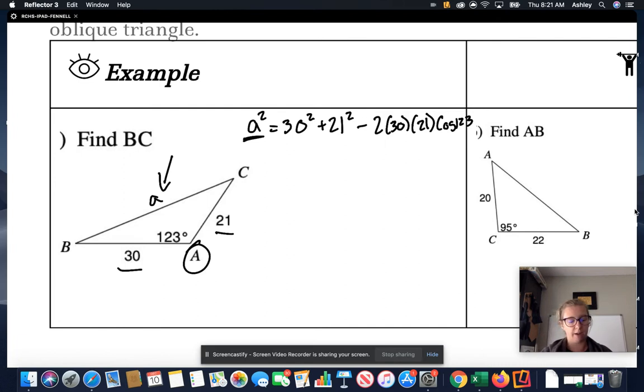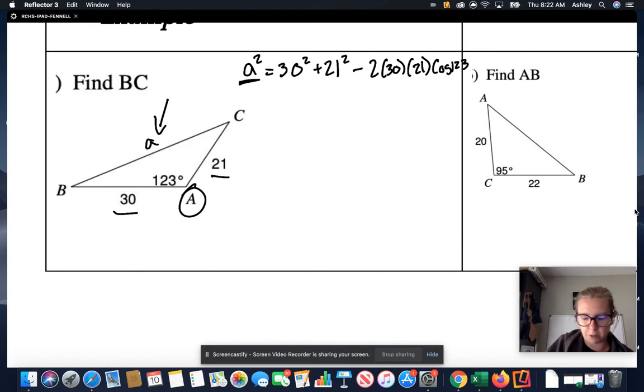30 squared plus 21 squared minus all of this. So minus 2 times 30 times 21 times the cosine of 123. And again, make sure your calculator is in degrees, equals. Okay, so we get some ginormous number, which makes sense because we're about to take the square root of this business. Okay, so we get a squared is equal to about